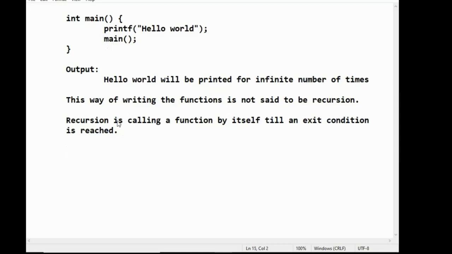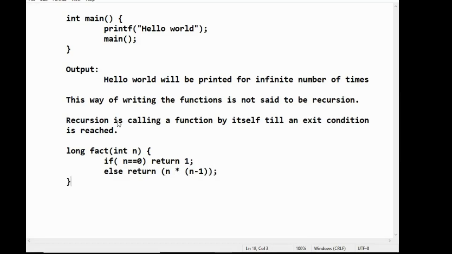But if you look at a factorial program, in this, if n equal to 0, return 1. Else return n into fact of n minus 1.